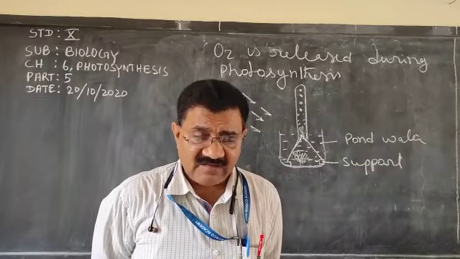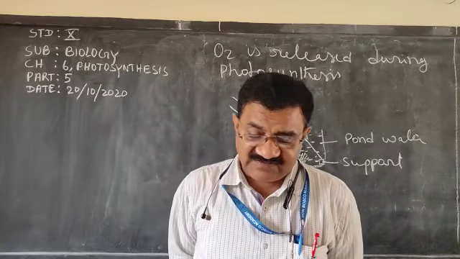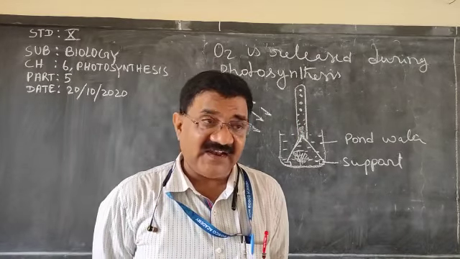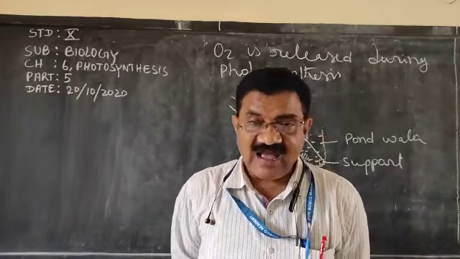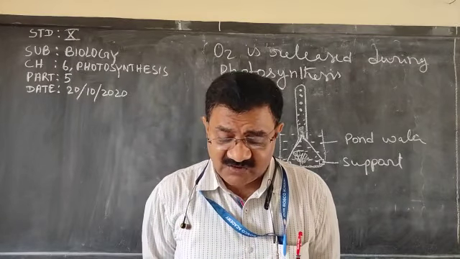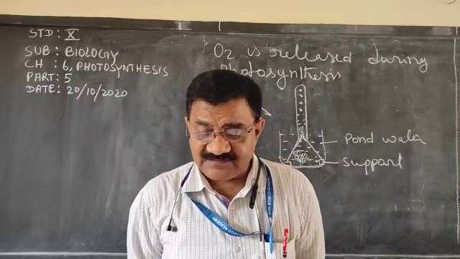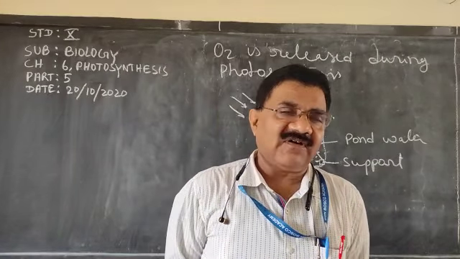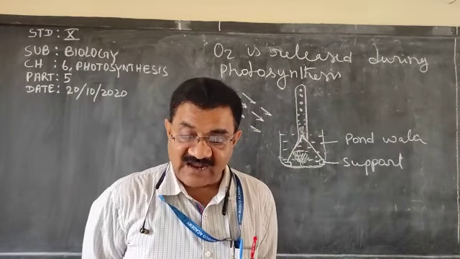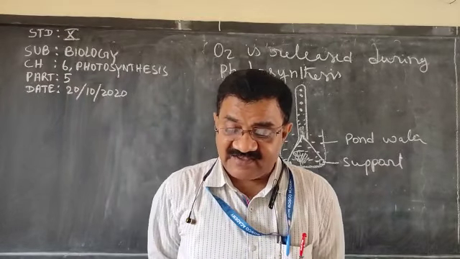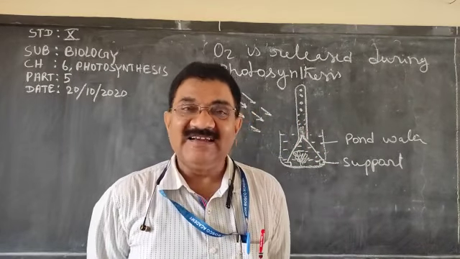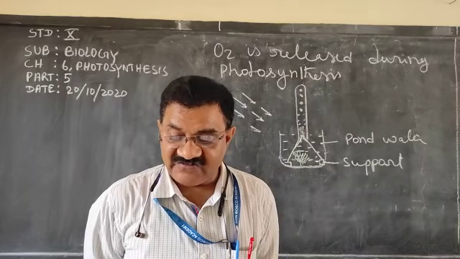Next thing, due to plants only, oxygen is there, the life supporting gas which is present in the atmosphere in free state, and that is due to photosynthesis only. Scientists believe that about 2 million years ago, when there was no life on the earth in any form, there was no free oxygen in the atmosphere, and the appearance of green plants set the stage for the animals to appear. Almost all organisms need oxygen for respiration.